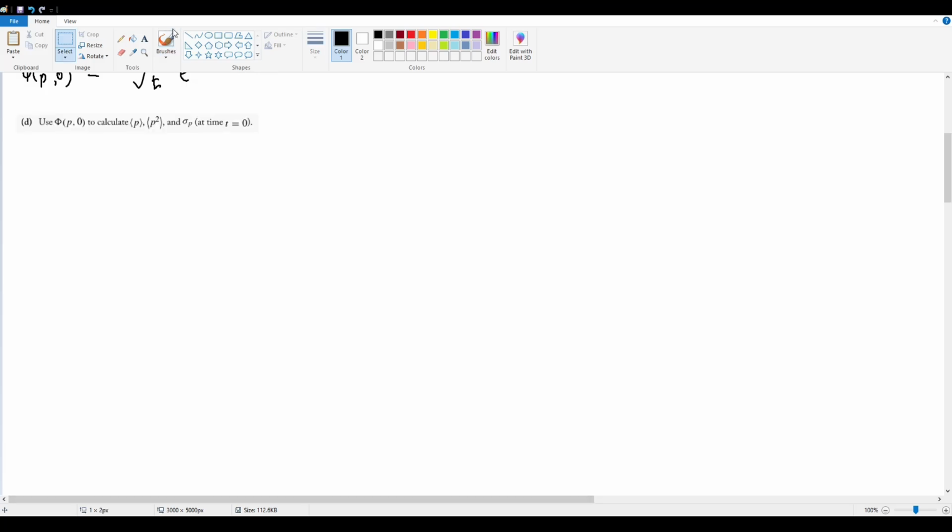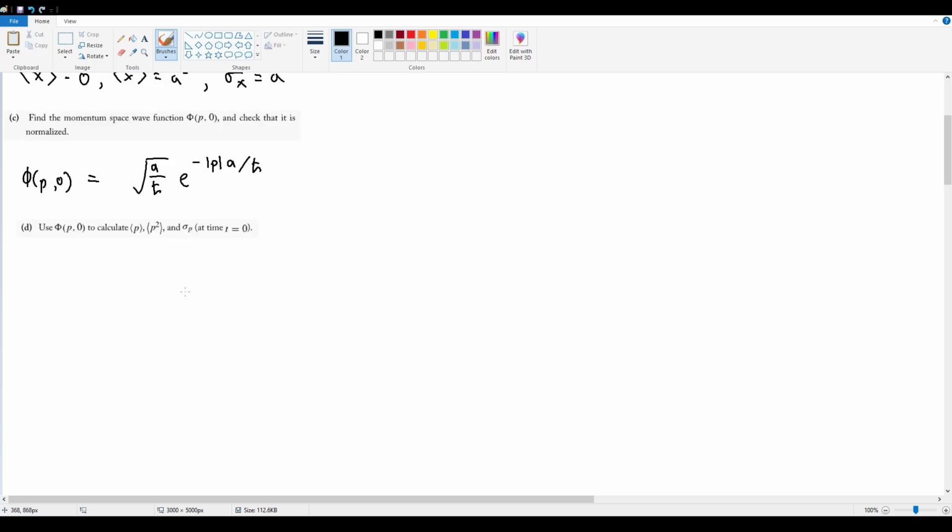Okay, part D, use the results from part C, calculate the expectation values of p, p squared, and finally find the uncertainty of p at time t equals 0. So we have phi of p comma 0 up at the top here. Expectation value of p is going to equal just a over h bar, integral from negative infinity to infinity, p times e to the negative 2 magnitude p a divided by h bar dp. And this term is odd, right? Because this expression here, this is the p of power 1, and this is just an exponential factor. So because of that, this automatically goes to 0, since it's a symmetric integral about an odd function,